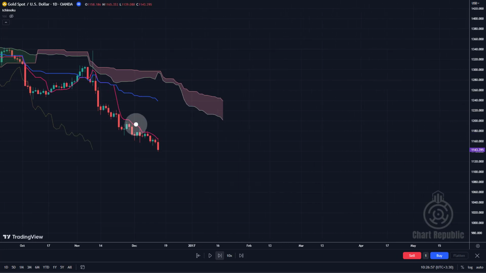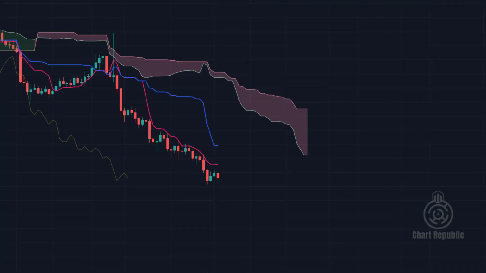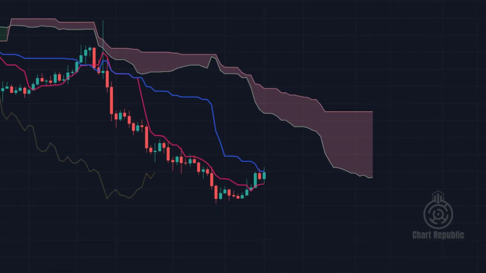At the same time, the Kijun-sen backs it up by confirming the price drop. But after a while, the Kijun-sen starts acting all flat, as if it's putting the brakes on the price. That's when we start seeing signs of downward momentum slowing down in the market. And here's the interesting part. The Tenkan-sen switches roles from resistance to support. In that case, if you got into a sell trade at higher levels, now might be a good time to